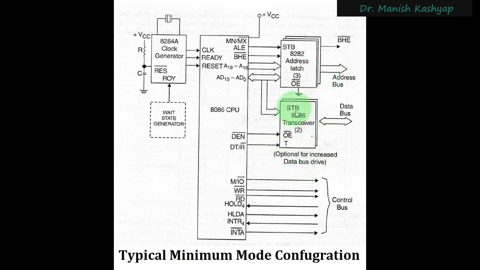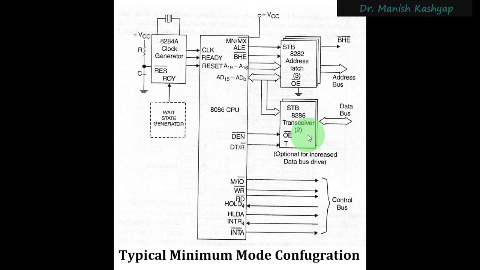Now, another important thing is this 8286 transceiver. Now, you can see that there are two chips used. So definitely this is of 16 bits, and you can see that the data bus has been connected, AD0 to AD15. This is the data bus. 16 bits of the data bus of the microprocessor have been connected to this transceiver IC. So what is the usage of this? First of all, this 8286 transceiver is an optional device. You may or may not have it in your computer system.